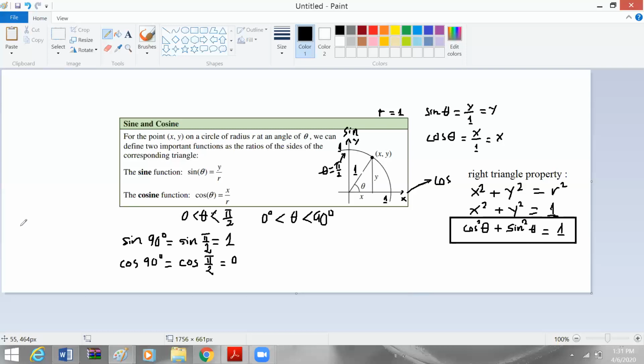So another way that we can look at it is the cosine squared of pi over 2 plus sine squared of pi over 2 equals 1. So this guy equals 1, right? Meaning that this guy has to be equal to 0. As simple as that. Okay, and now when we look at this point, this is where the theta equals